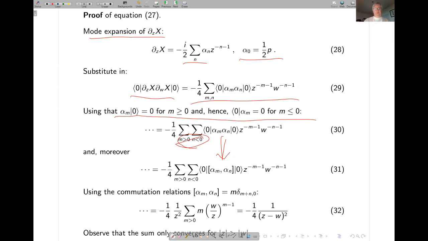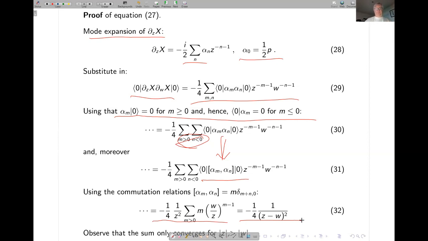And in this way, I can evaluate this, and then the correlation function is... the quantum states are gone away. I just have the function left, which is given here. And if you stare a little bit at the function that we find, then what you see is that this is the derivative of the geometric series, and therefore it adds up to 1 over (z minus w) squared